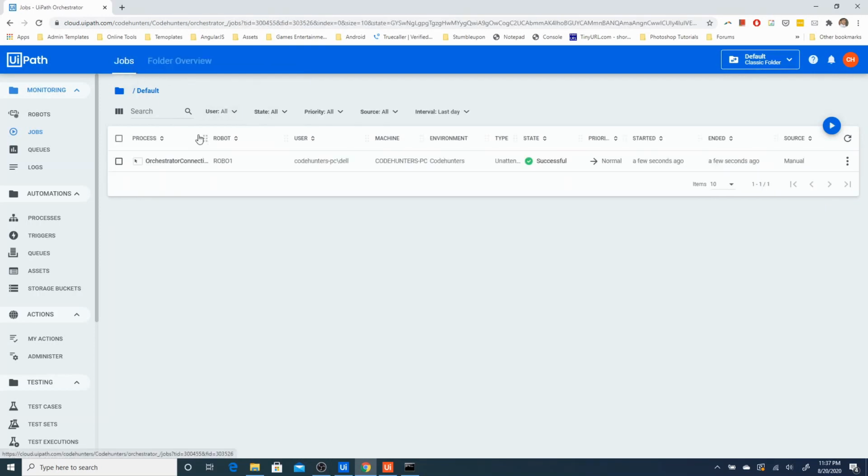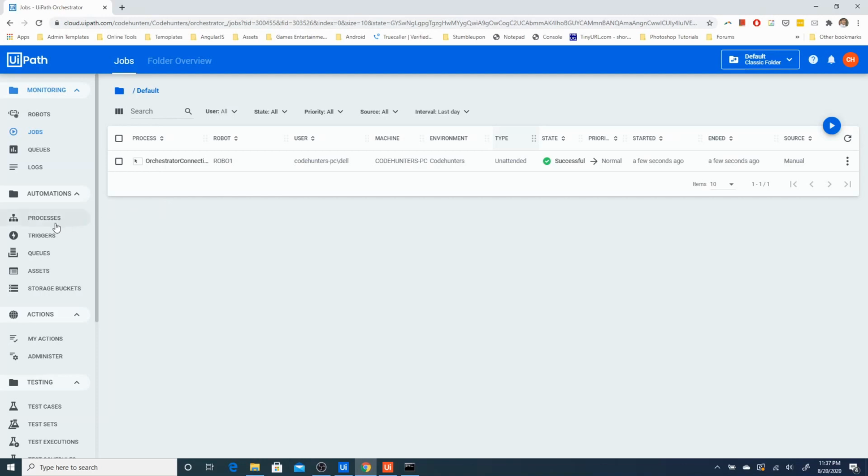If you have added any logs into your processes, then they will be visible here. So you can see we have successfully added our machine to the orchestrator, uploaded a package, created a process, and were able to run it from the orchestrator.